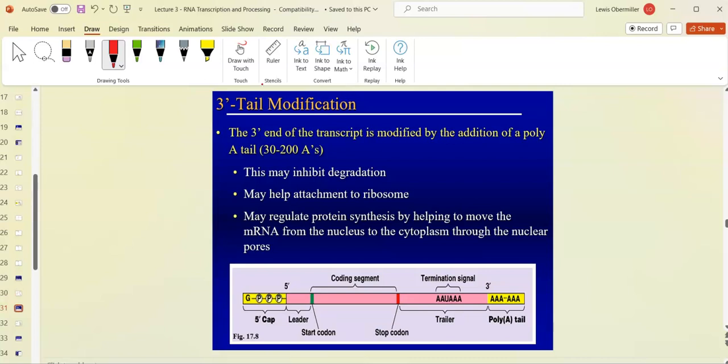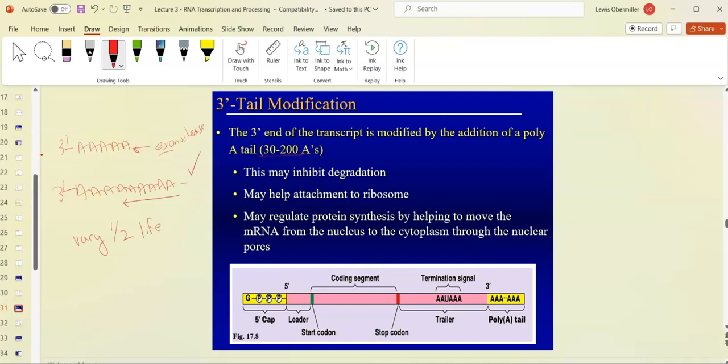modification, there's variations in how many A's that can be added on here, and this is really simple. So if you have an exonuclease that's going to chop up your RNA no matter what, what do you want? What do you think is going to last longer? One with 10 A's or one with 6 or 5 A's? I don't even know how many that is. And the answer is this one, right? Because it takes a lot longer to chop up. It's an exonuclease, so it's cutting from the outside. This is the 3' end. It's going to take a lot longer to cut out 10 or 200 or whatever. So this is how you can vary your half-life